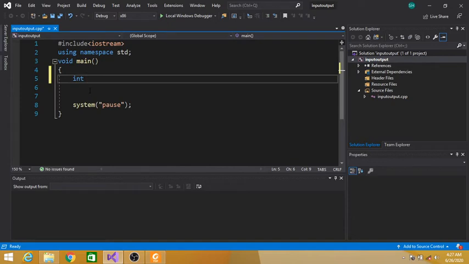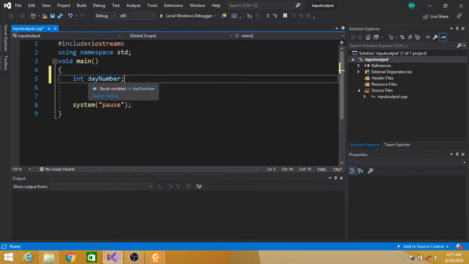Int dayNumber. We cannot give a space in a variable name. This is a rule. And see, the D here is a lowercase letter and the N is an uppercase letter.